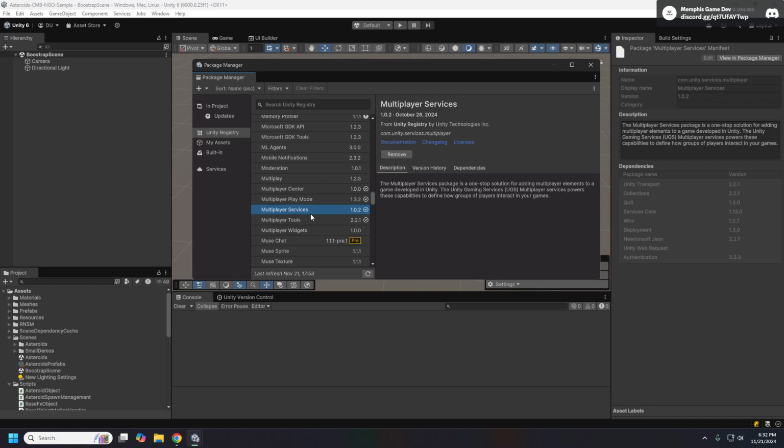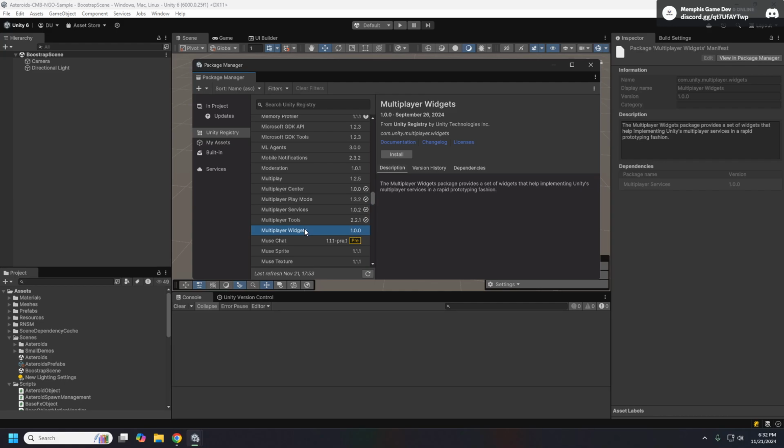And when you create a session, that will create a relay or a matchmaking ticket or a server allocation. It'll create a lobby for you and then add the relay code and whatnot to that lobby, which can then be searched out in a session viewer.